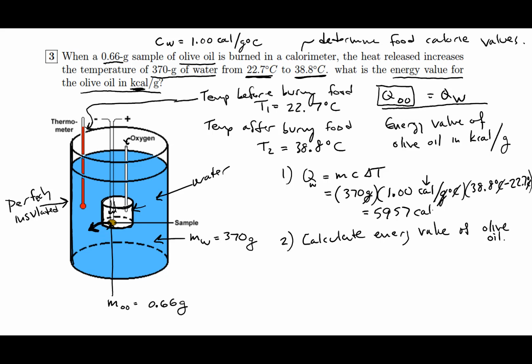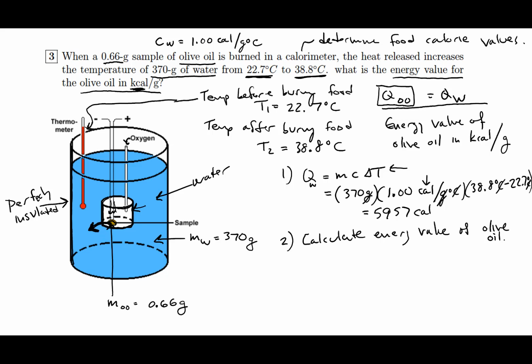So basically we know that the heat gained by the water is equal to 5,957 calories, and that means that the heat lost from the olive oil is equal to 5,957 calories. And you might be wondering why we didn't apply this Q equals mcΔT directly to this olive oil sample. I mean, it seems like why are we calculating this in the water when we're interested in the olive oil? Well, the reason why is because